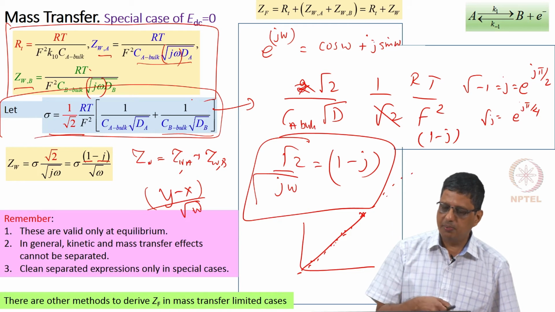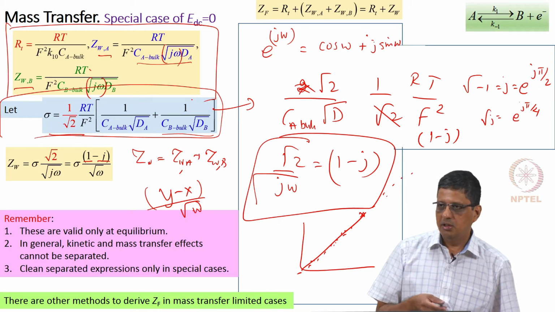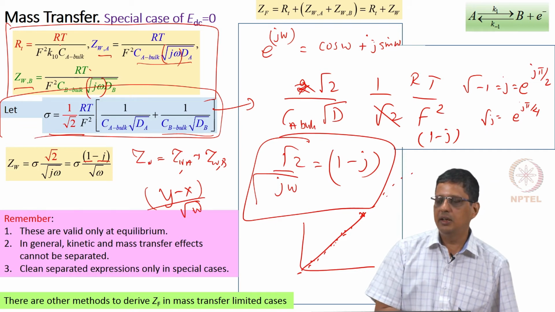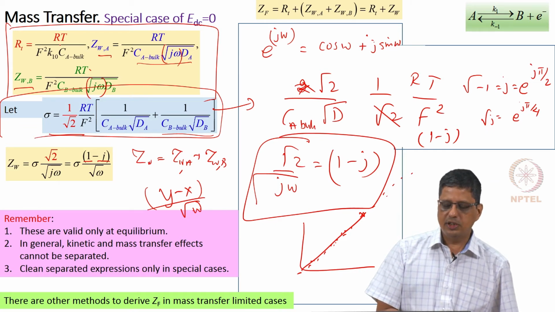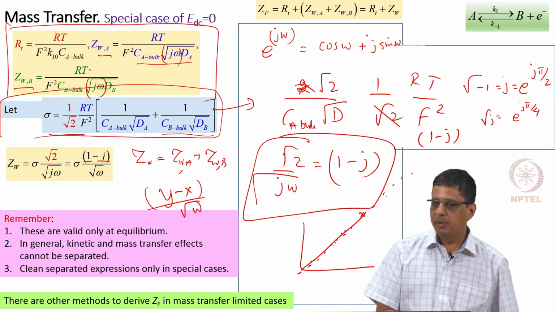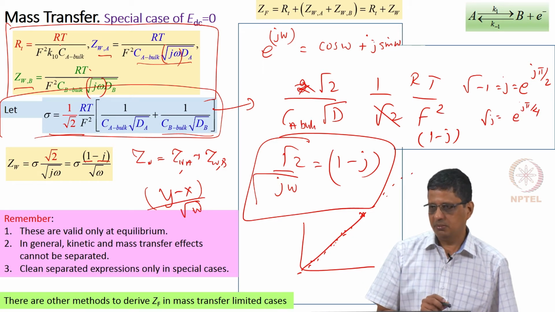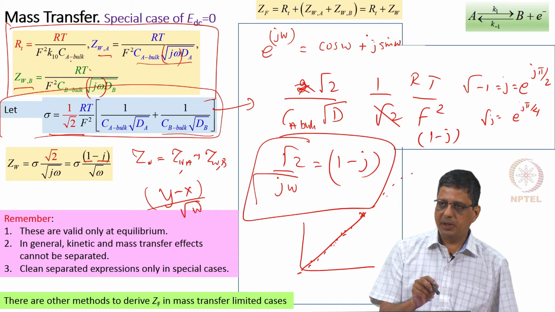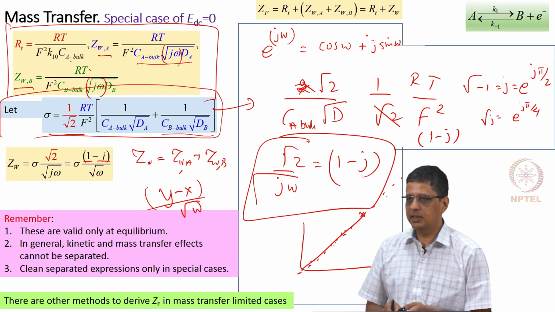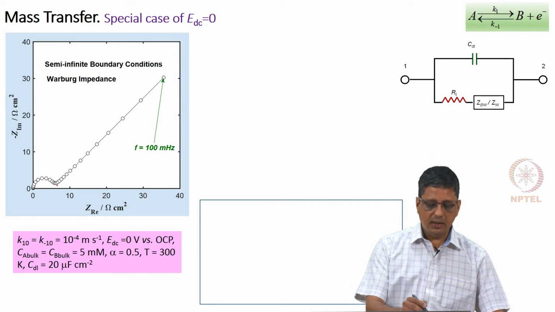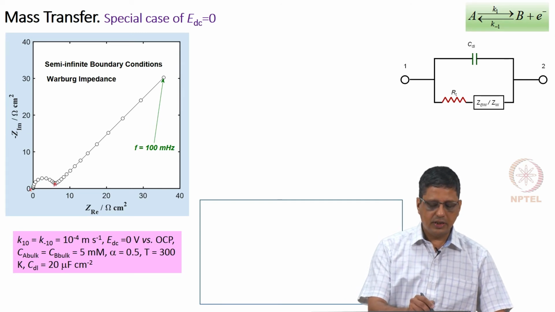Some books also give you the previous expression, which is a little more general, but do not assume that RT will not vary if you change the DC potential. This gives you the feeling that RT will be dependent only on K10, Ca bulk and temperature, but that is valid only at equilibrium. When you change the potential, RT will change, and not only that, it does depend on diffusivity. In this special case, you can rearrange and get certain equations substituted here, and then you can get this value here. And when you look at the RT, when you look at the CDL, solution resistance is 0.